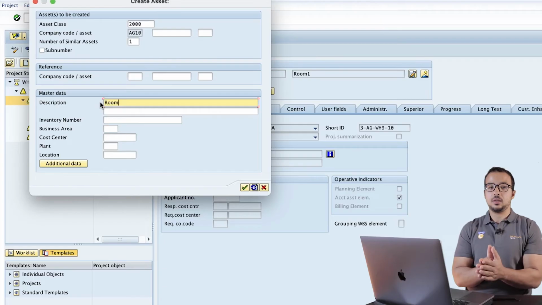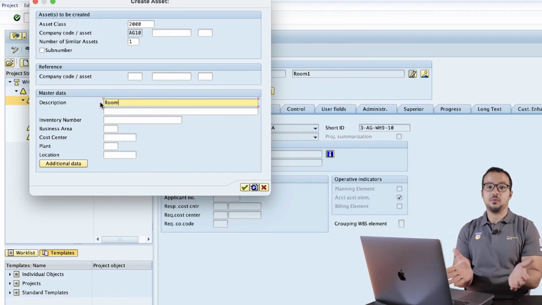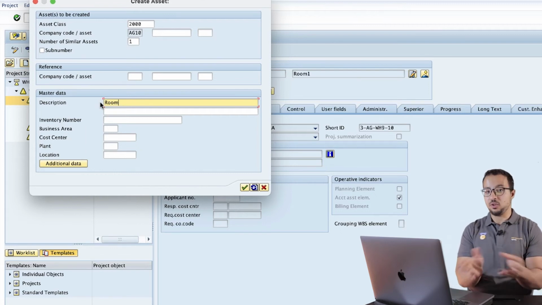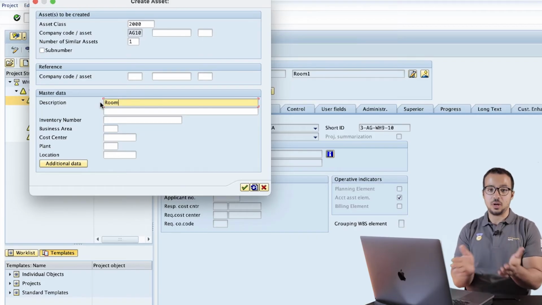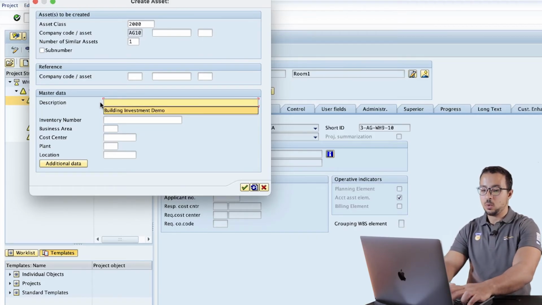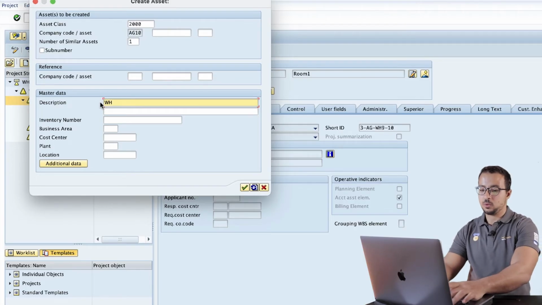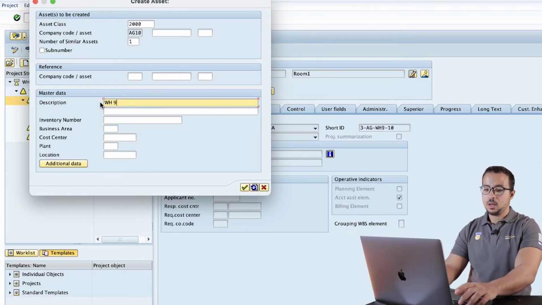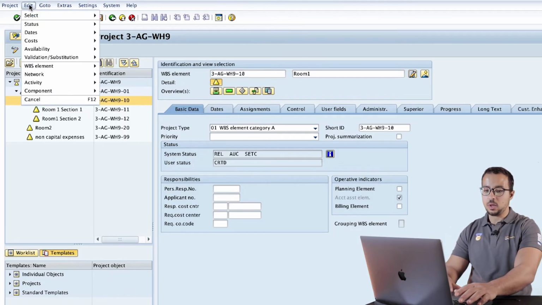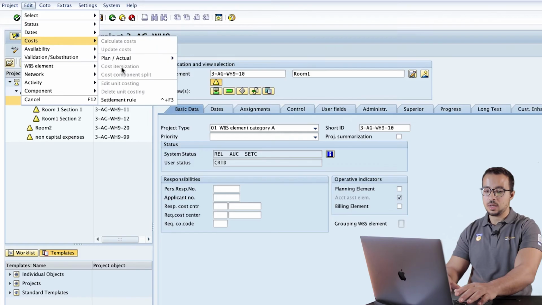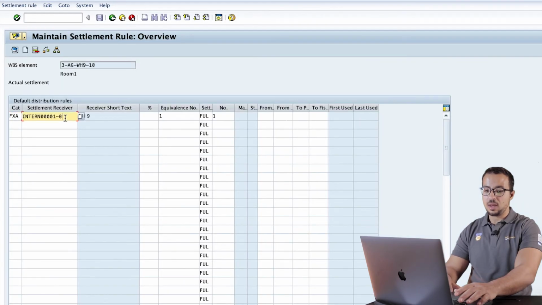So let's say that I will assign all the WBSs to the same final asset. So each one of them will have a different AUC, but at the end I want all of them to go to one final fixed asset for the warehouse. In this case, I will call this one warehouse 9, for example. And here we have the cost center. Enter. So now I created the final asset, and if I go here to Edit, Costs, Settlement Rule, we have